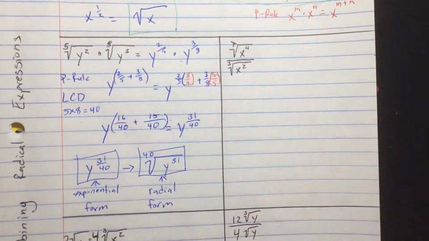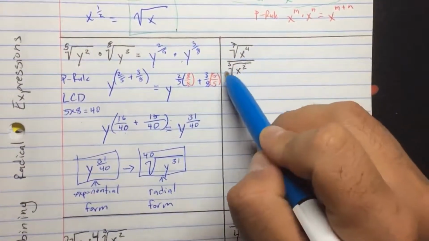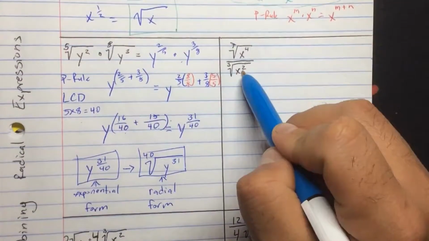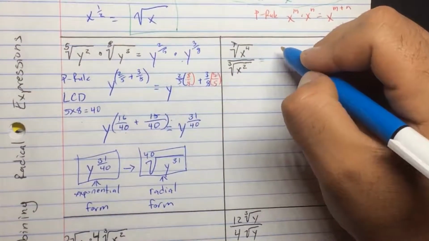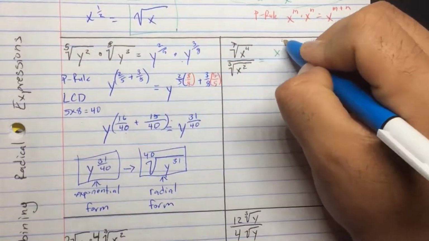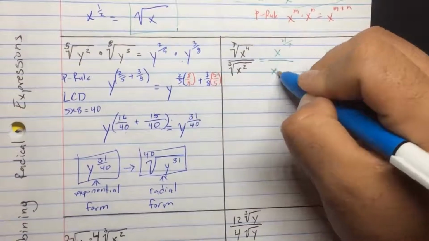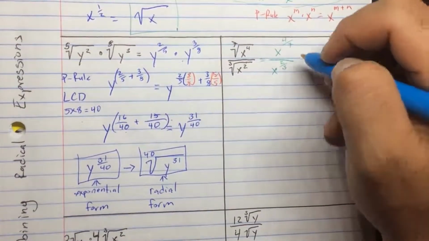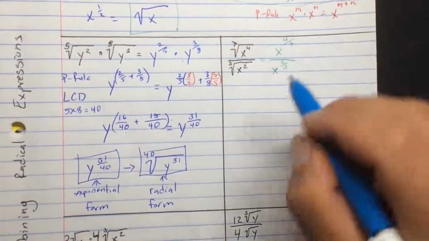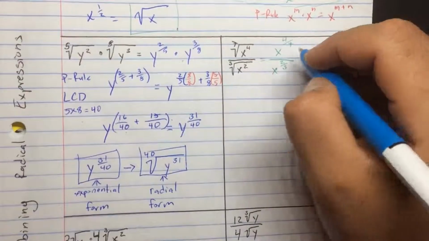Alright, same thing over here. We have, well, a little bit different. We have our 7th root of x to the 4th divided by our 3rd root of x squared. We're going to go ahead and rewrite this in exponential form. We have x to the 4 over 7, or the 4/7, and x to the 2/3 power. And because this is a quotient rule like we had in the previous foldable, or the previous video,